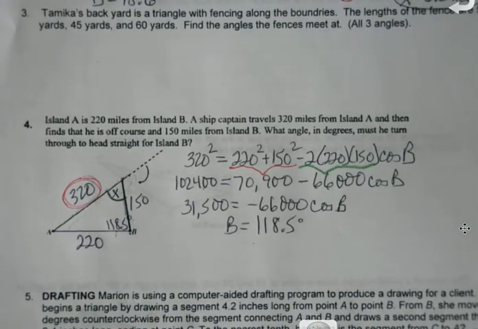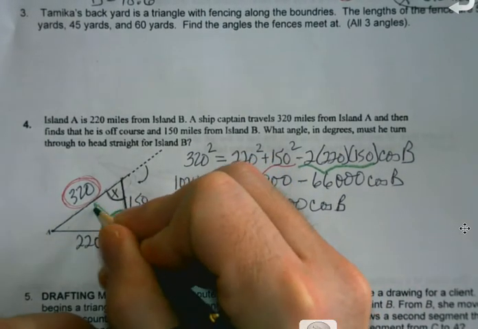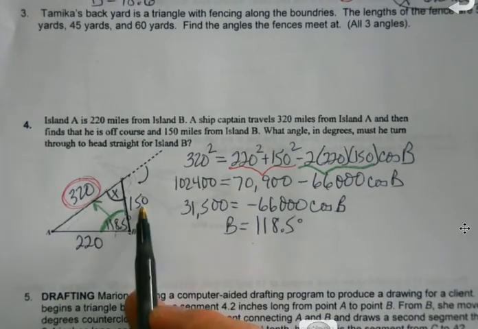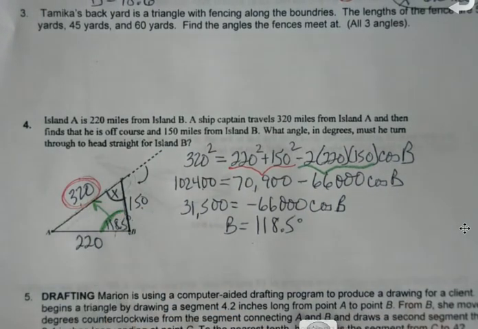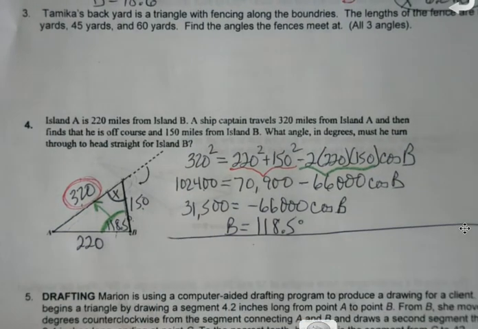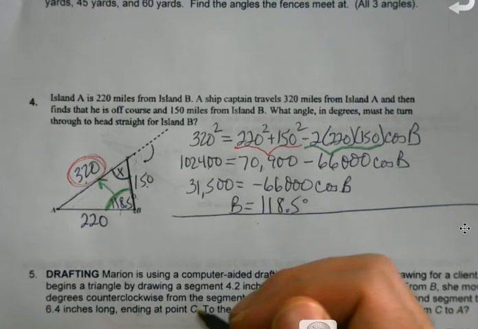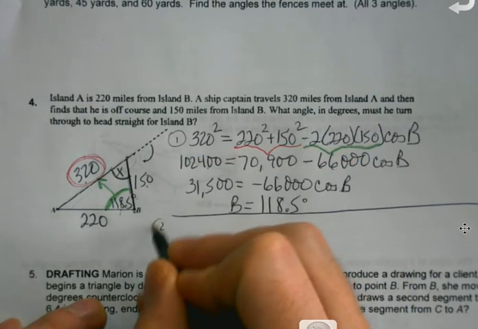Because now I do have a corresponding angle and side, so I'm going to get to use the law of sines. But, oh, which angle do I have to find? A. Yeah, because I have to use the smaller number. Bigger in law of cosines, smaller when we do law of sines. You're like, crap, Hardy, no wonder you only gave us like 4 of these. They take forever. So now, okay, that was my first step. Second,